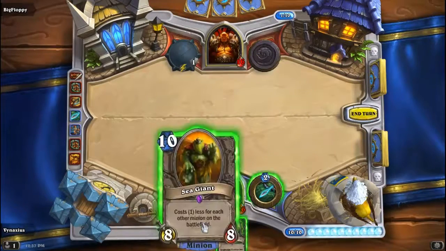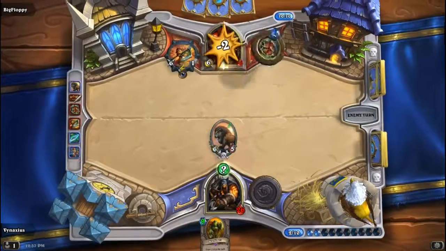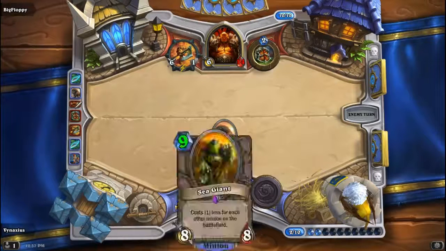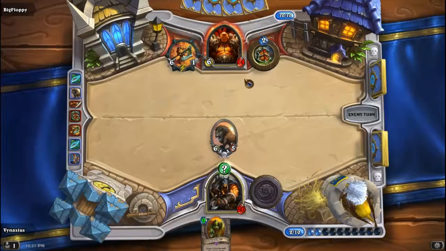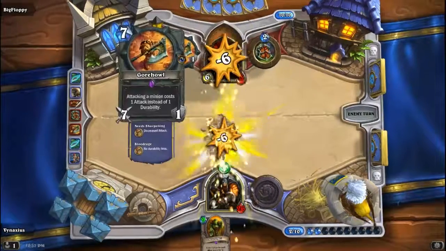This makes for an interesting situation where I think I'll try Savannah Highmane. If he swings with the Gorehowl, he'll take 6 damage, and then I'll have 2/2 hyenas. 2/2 hyenas that will get some damage off as well. And maybe make my Sea Giant cost less. We'll see. I feel like there's no way for me to not have my Sea Giant get beasted by the Gorehowl unless I put him in a situation where he's about to die as a result of swinging at the Sea Giant